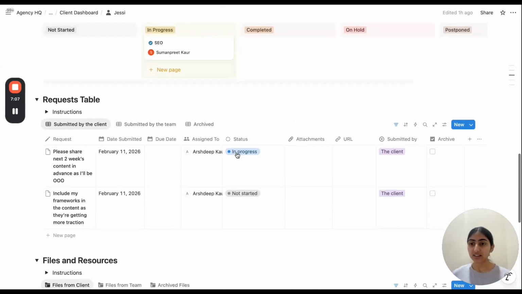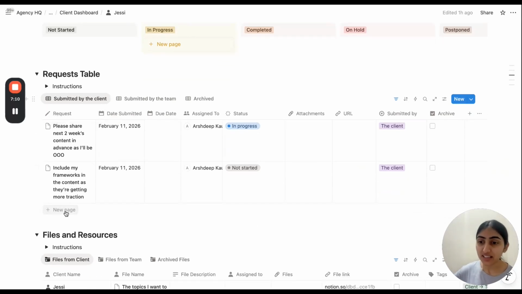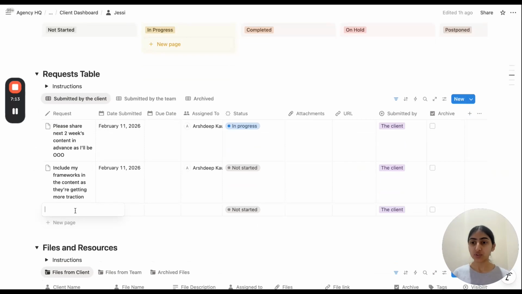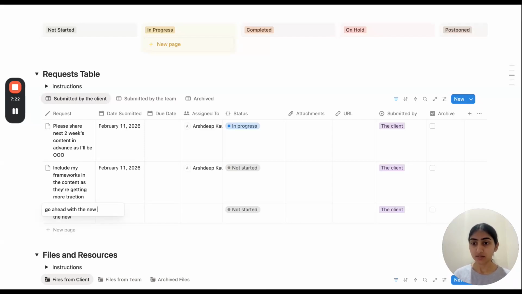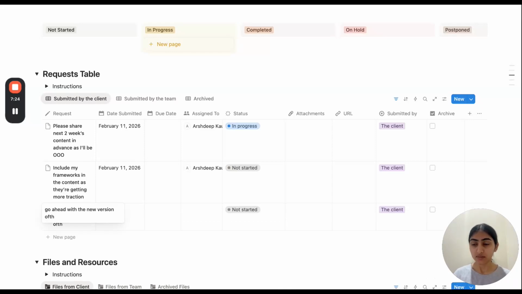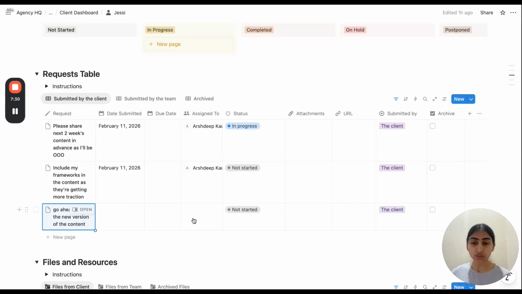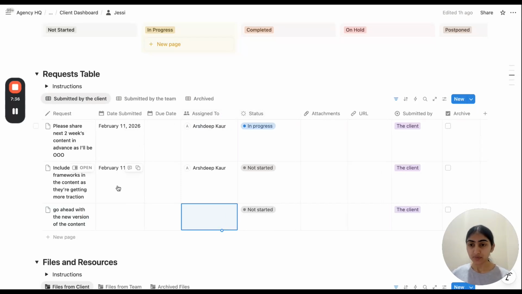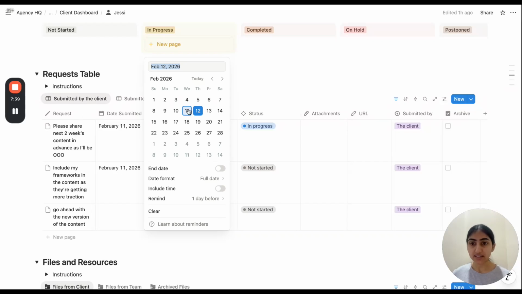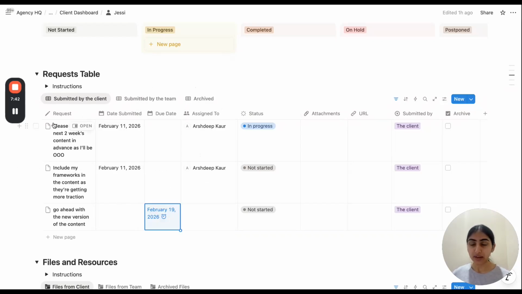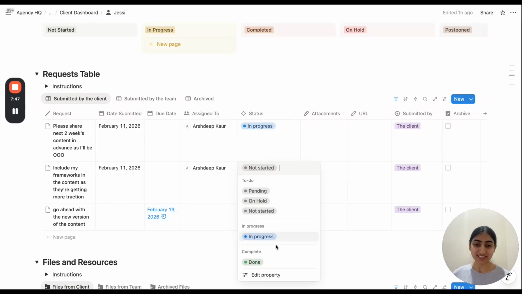And next, here is the request table. For example, your clients can add any of the requests to your team. They can update any kind of requests to your team, who they assign it to, and any due date. Your client can assign any kind of due date for your team, and when the request is submitted, you can track the progress as well.